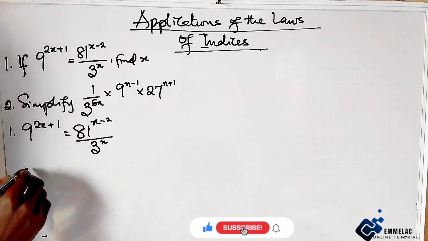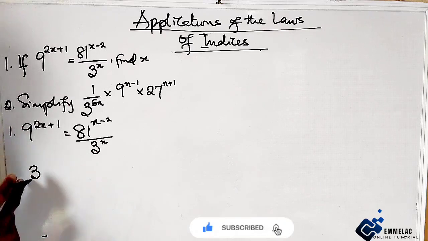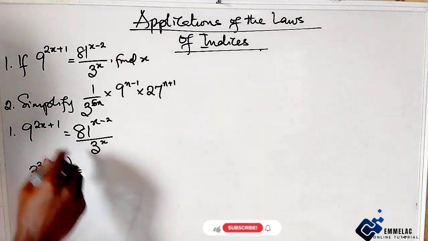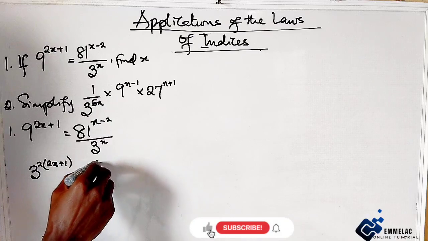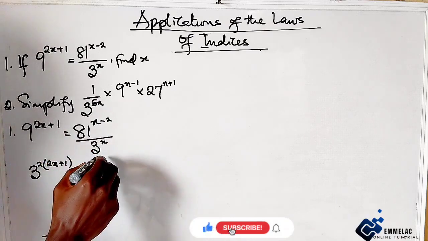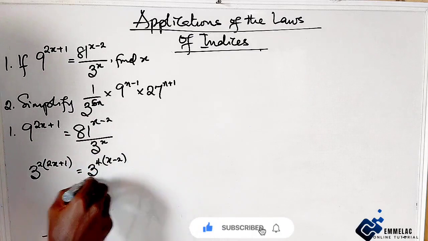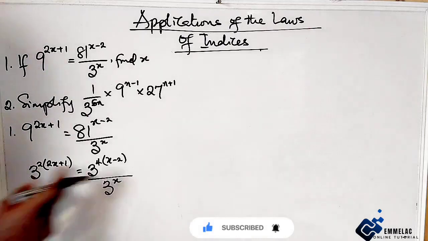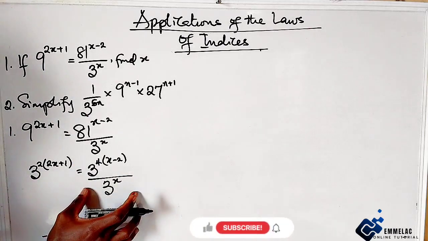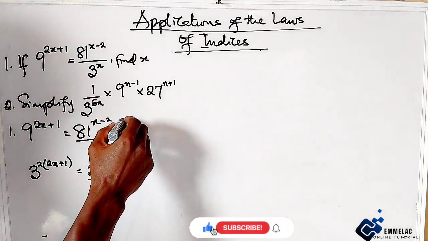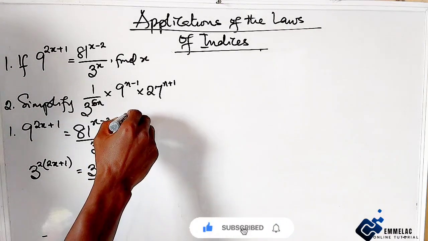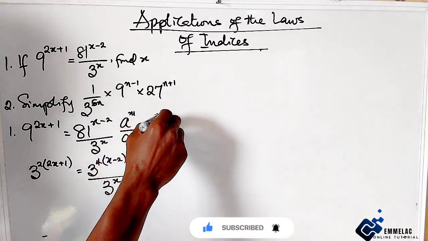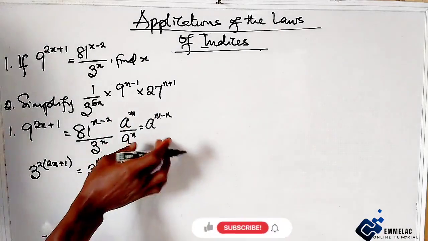So here, changing to the base of 3, we have 3 raised to the power of 2 into 2x plus 1, then equals 3 raised to the power of 4, because 3 raised to the power of 4 gives us 81, then into x minus 2, then all over 3 raised to the power of x. Now from the law of indices, a raised to the power of m divided by a raised to the power of n is a raised to the power of m minus n. Applying this law here,